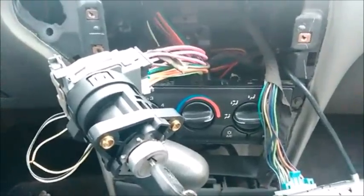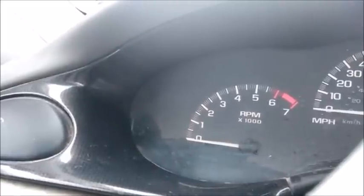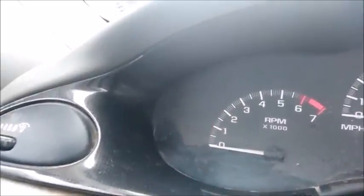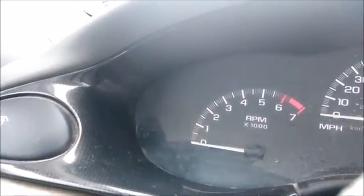it won't start, and it won't crank. Well, it'll crank, but it won't start. And right now, what you're seeing is the anti-theft light blinking. Okay. Well, to make a long story short, I wasn't getting this indication here, and I bought this vehicle from